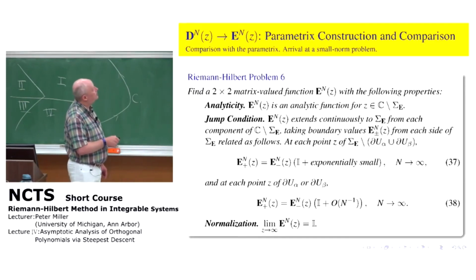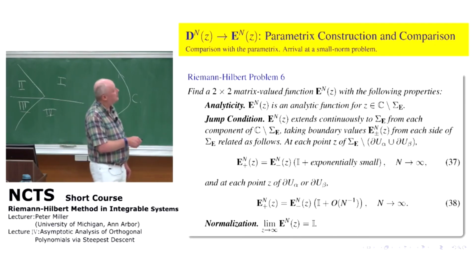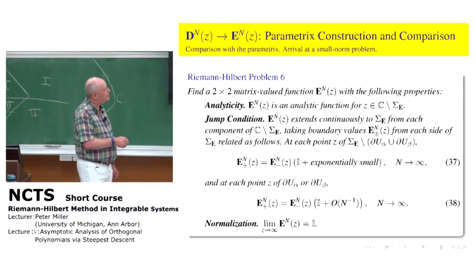E_n is a 2 by 2 matrix, analytic for z in the complex plane take away the contour we just showed, that is, the complement of sigma E. It extends continuously to the jump contour from each component of the complement, and it takes continuous boundary values E_n plus and minus of z from each side of sigma E, and they're related as follows. So at each point of the jump contour, take away the 2 disk boundaries,